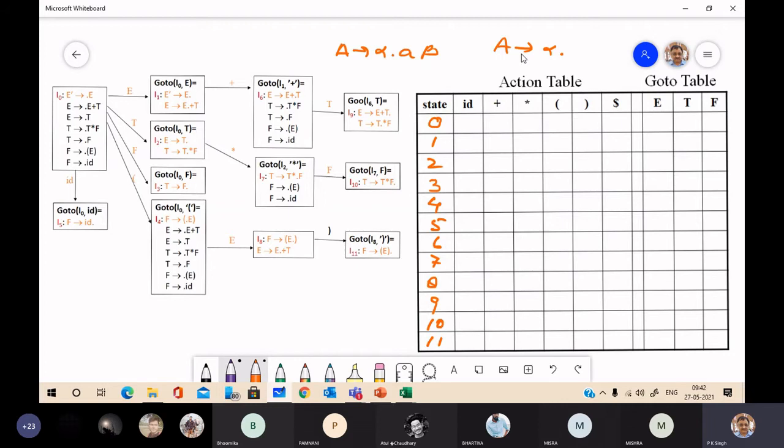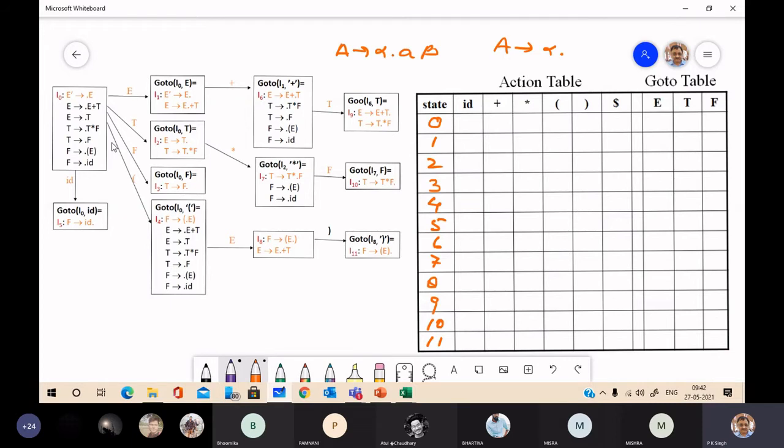First we make the entries of shift and reduce. Here, if you see this item and this item, F2 dot opening bracket E or F2 dot ID, these two items have a terminal symbol just after the dot.